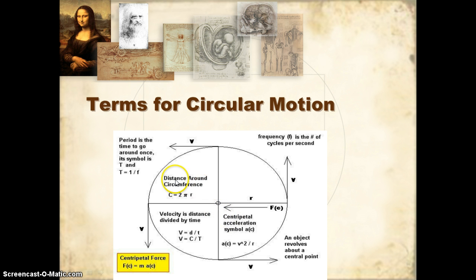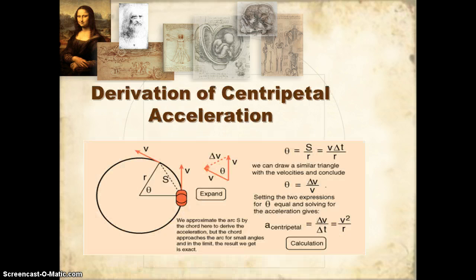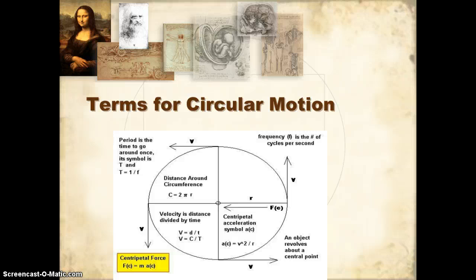Some other facts. The period: when we talk about motion that's repeated or periodic, we can talk about how long it takes to complete one cycle. In this case, a cycle is one complete circle, and that's denoted by the capital letter T. Okay? The period of an object that's undergoing centripetal motion is represented by capital T, and it's equal to 1